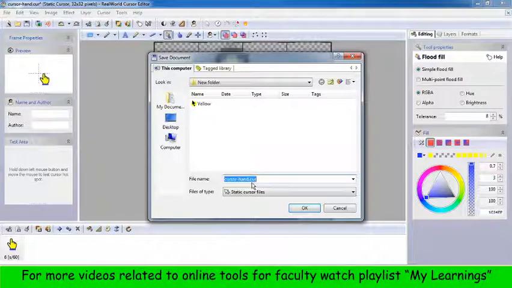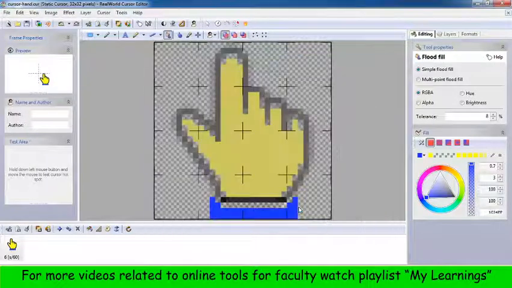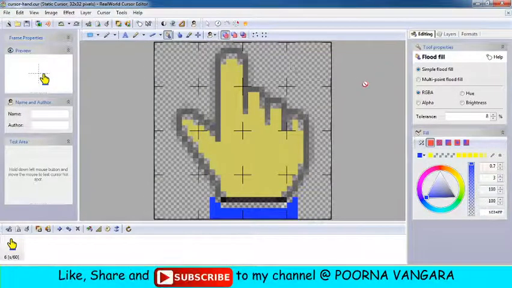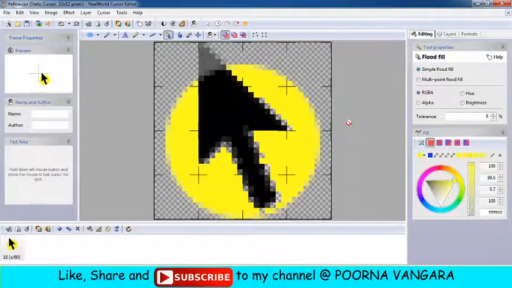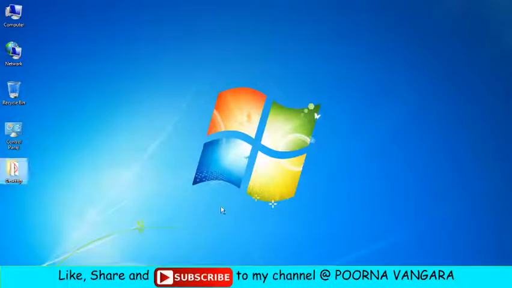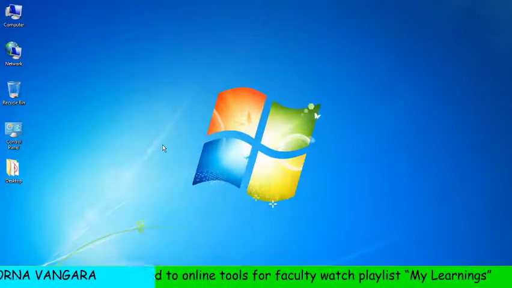Save as. Now you can select as cursor hand here. Click on OK. So done. Just close it. So now you need to change this particular cursor.